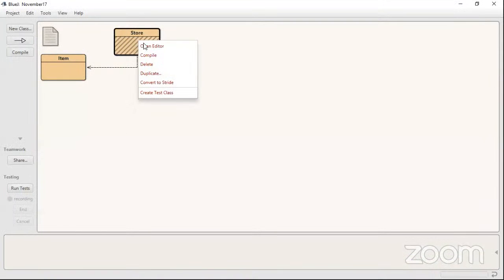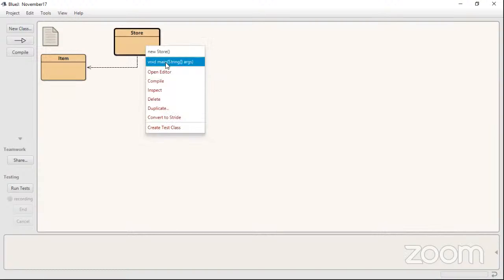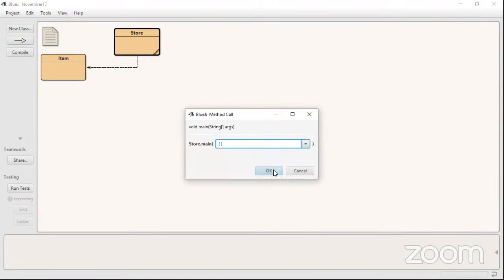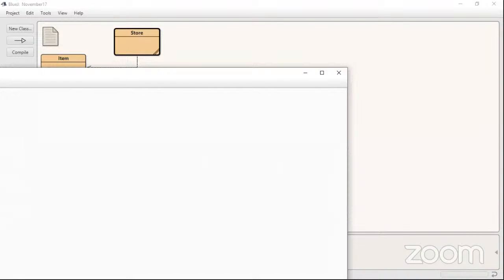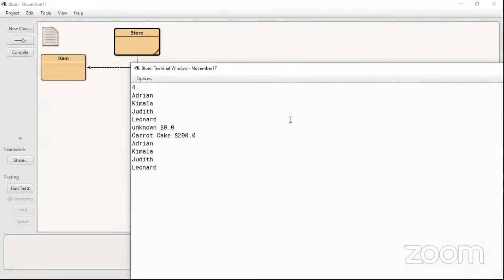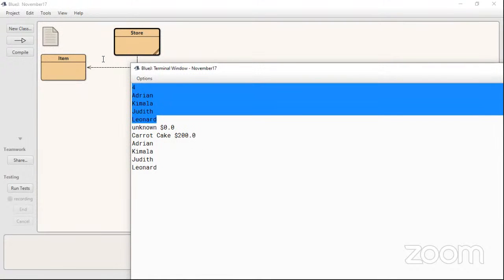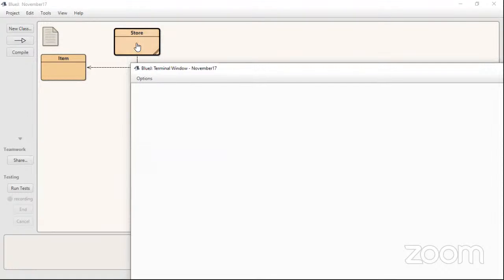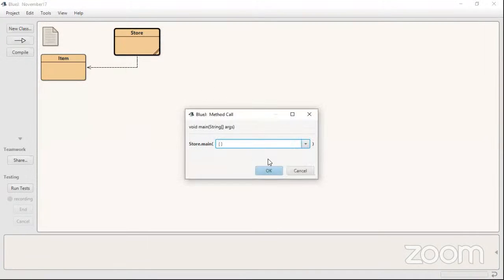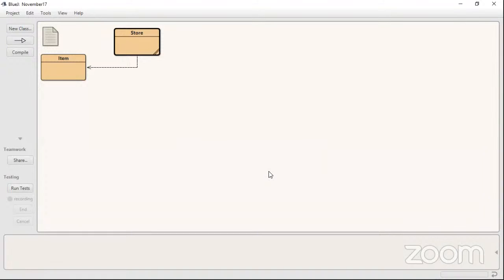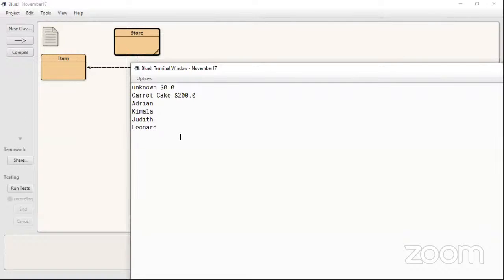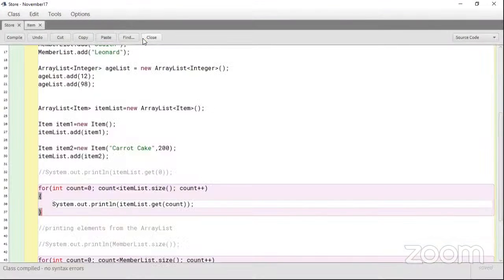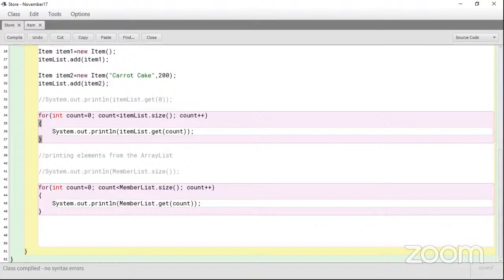So here we go. We compile. Right, so there it is. It starts from the unknown, then the carrot cake. These were there before. But if you want to do a fresh compile again. All right, so that's the result. So that's how we use an array list. And if you have any questions,